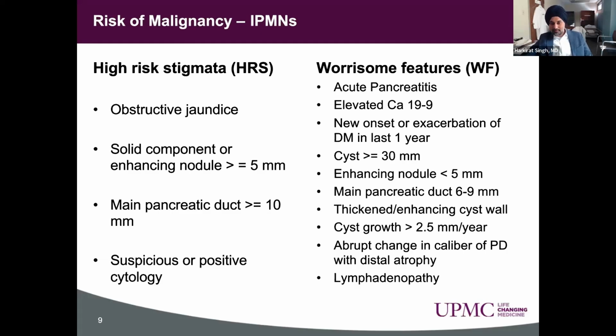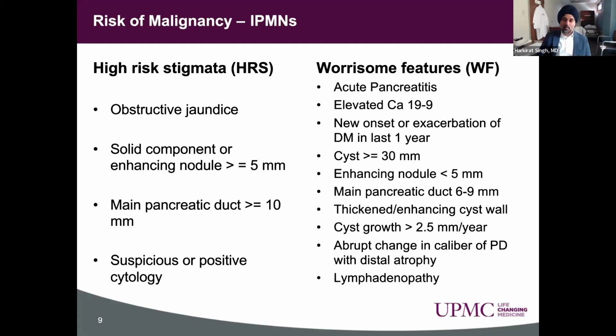Then we talk about worrisome features. Worrisome features are a list of features which in general make us worried about the cyst, but they are not as bad as high-risk stigmata. These include a patient getting pancreatitis from a cyst, if one of the tumor markers in their blood called CA19-9 is elevated, if they have new onset diabetes or were diabetic before but within the last 1 year the diabetes got worse, if the size of that cyst is above 30 millimeters, if there's an enhancing nodule within the cyst but it's less than 5 millimeters, if the main duct of the pancreas is dilated but not up to 10 yet,